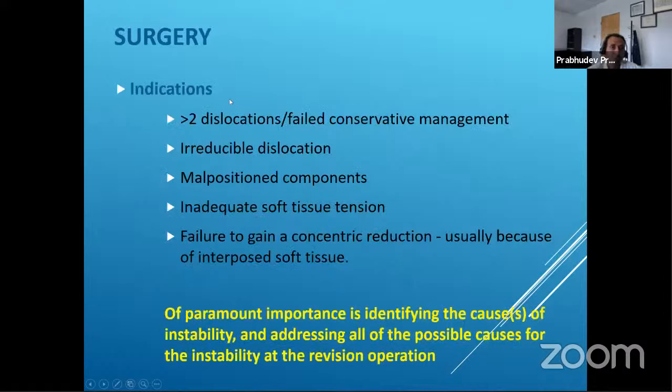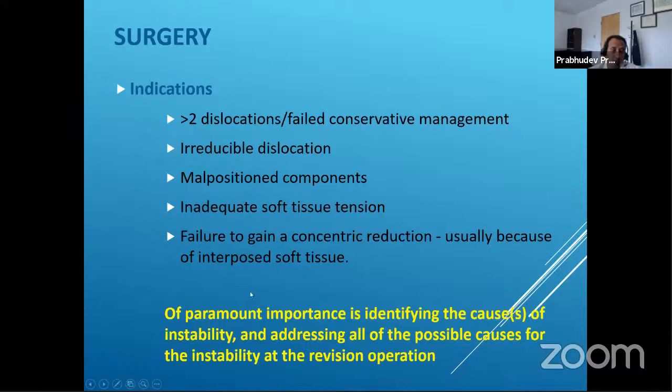So the indications for surgery, typically if there are more than 2 dislocations and they have failed the conservative management, they are indicated for surgical treatment. Irreducible dislocations, definitely, and the radiological evaluation demonstrates malpositioned components, inadequate soft tissue tension, and failure to gain a concentric reduction. Usually it's because of some type of interposed soft tissue or a piece of cement or a piece of bone